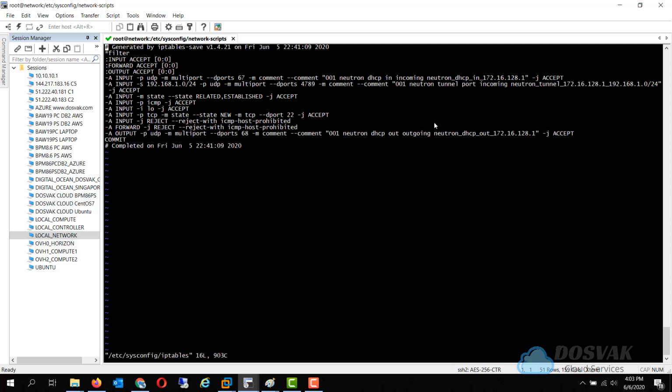It is possible sometimes that due to wrong sequencing of the rules, certain services like live migration may not work, or at times allocation of the DHCP address may not work. You can come to this and refer to our sample configuration files and compare whether your firewall is configured correctly or not.